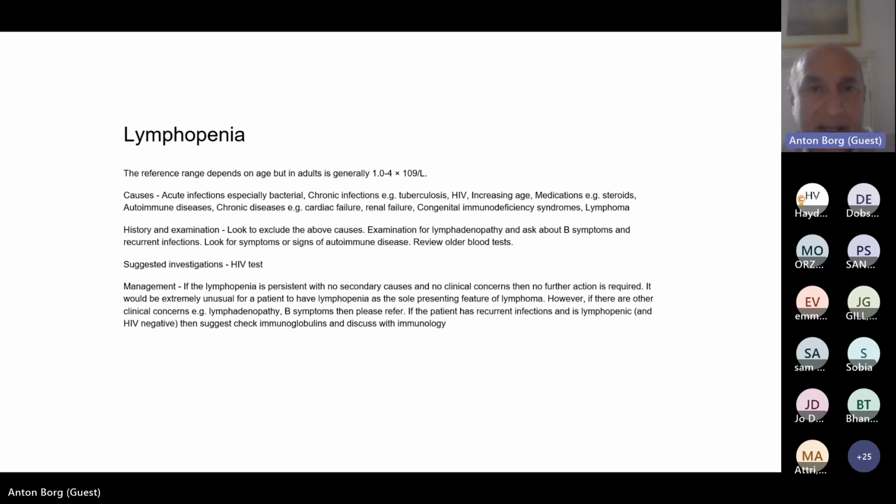A low lymphocyte count, so really that's below 1, has a whole host of causes. Acute lymphopenia is very much like doing an ESR. Chronic lymphopenia